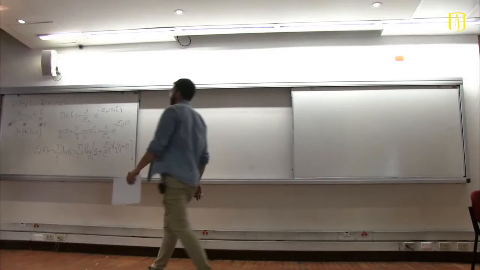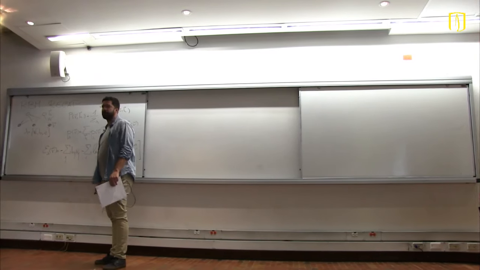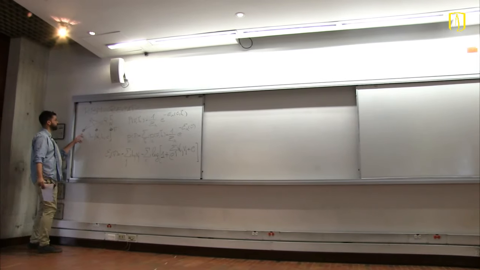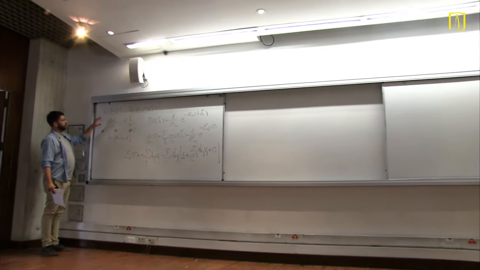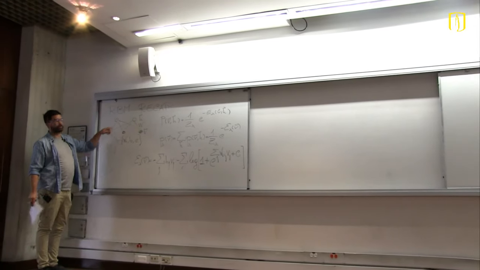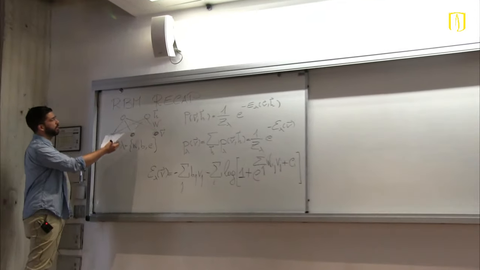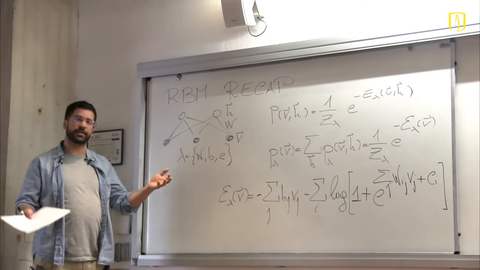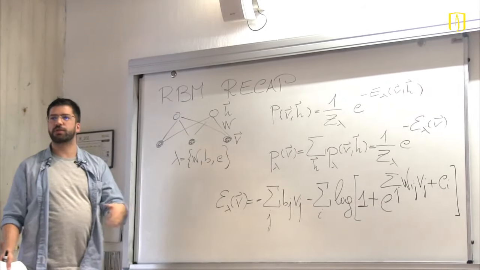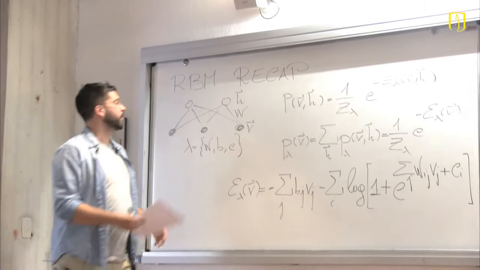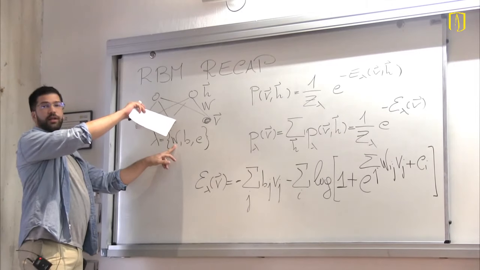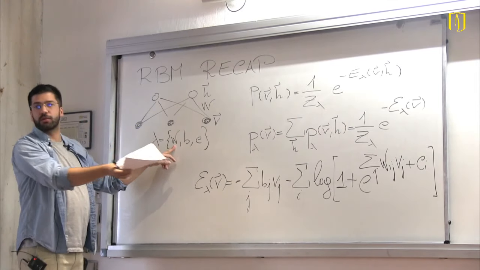I just wrote here a small recap from yesterday for restricted Boltzmann machine. Just gonna quickly summarize it. The network has two layers. It has a visible layer and a hidden layer. The visible layer is used to describe the variables of your data set, and the hidden layer just gives you expressive power. And the network parameters are the interaction between these two layers and the biases, or this magnetic